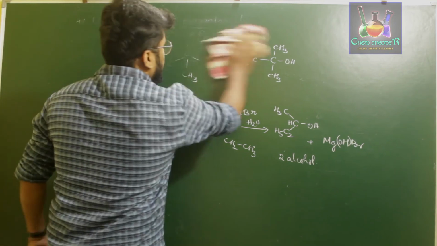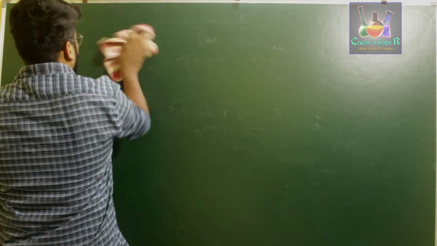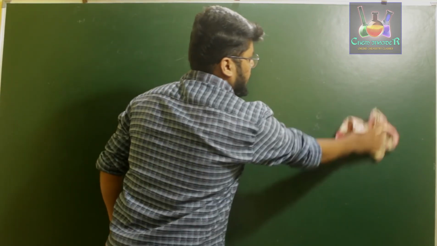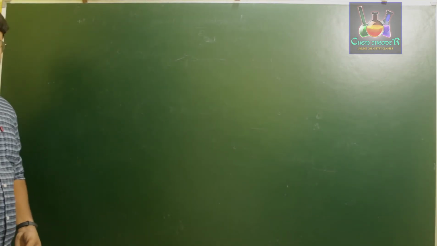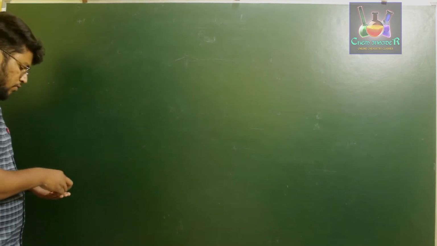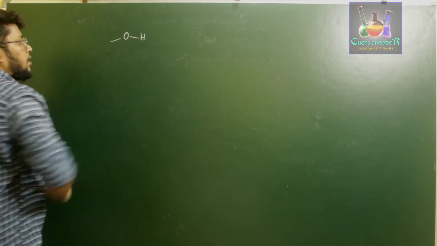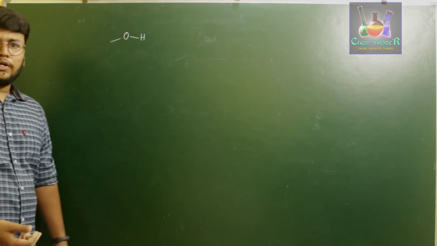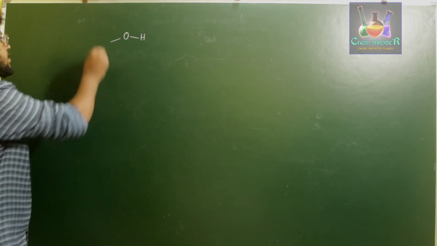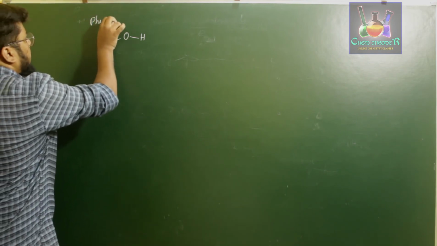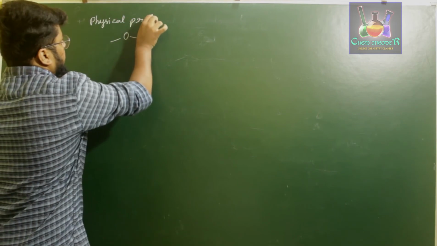So alcohols and phenols, what we observe quite commonly is both of the molecules have a free hydrogen atom, right? It has a free hydrogen atom, which is not observed in the case of ethers. Ethers don't have a hydrogen atom attached to the oxygen atom. So phenols and alcohols, which have a hydrogen atom attached to oxygen, clearly involve hydrogen bonding formation in the molecules. So what we are going to discuss over here is the physical properties. First we'll relate the boiling point of alcohols and phenols with a simple hydrocarbon or haloalkane.